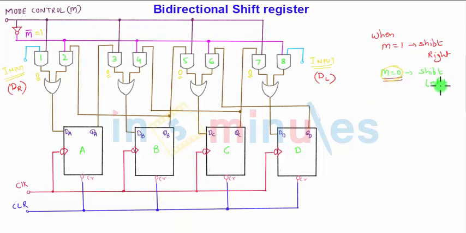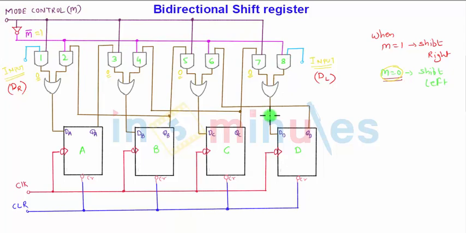shift left operation. Now for shift left operation, the data should be inputted at gate number 8. So from gate number 8, for each clock pulse, data will be input one by one. So whatever data comes in at gate number 8, which is the activated gate, since m bar is equal to 1 here.